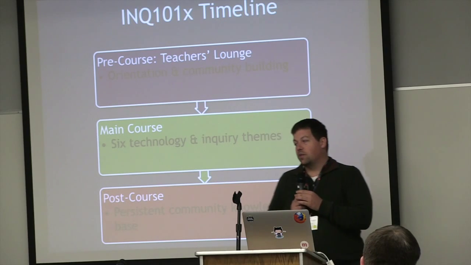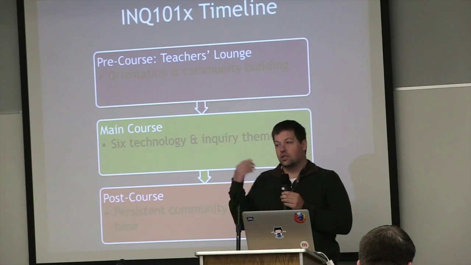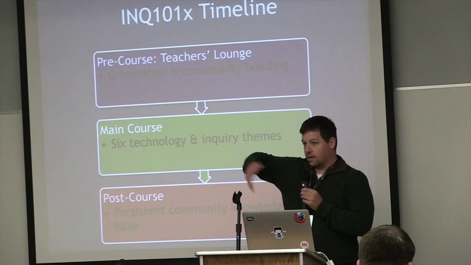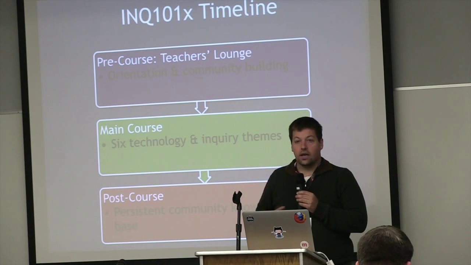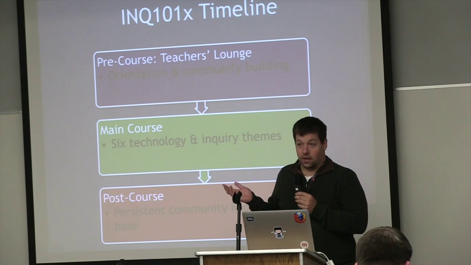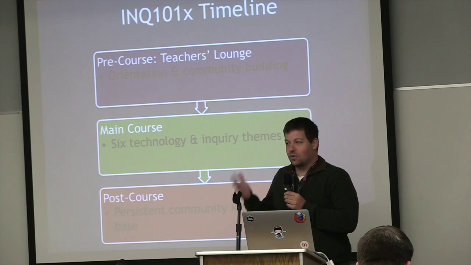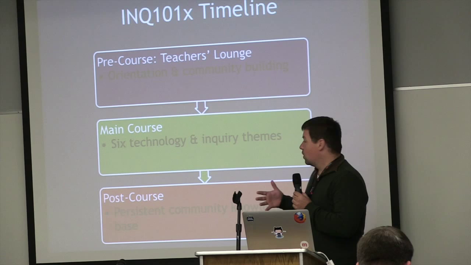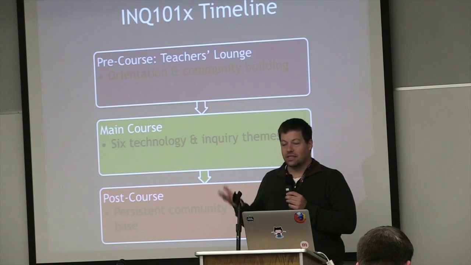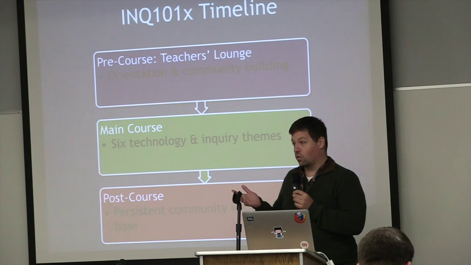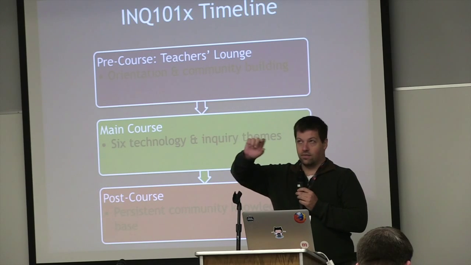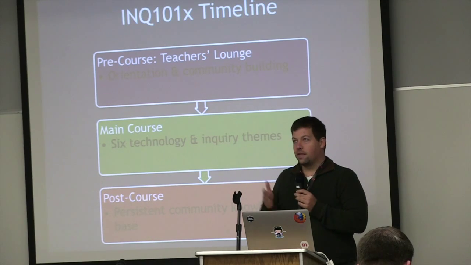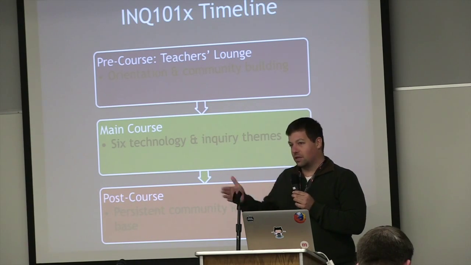So one of the things we thought of was this idea that you put a course on the edX course listing, you sign up, it starts in a month, now what do you do? Nothing. You wait for a month. And we thought, what if we can take advantage of this time? So we set up what we called the lounge. It started about a month before the course started. So the course started on 1st of July, but I think it was supposed to open 1st of June. I think it was a little bit delayed.